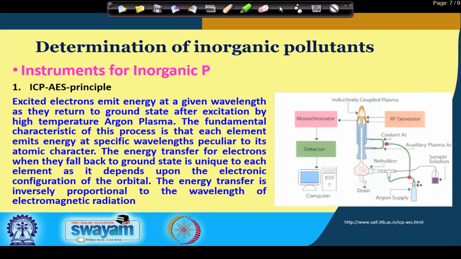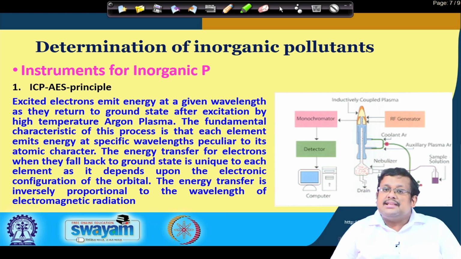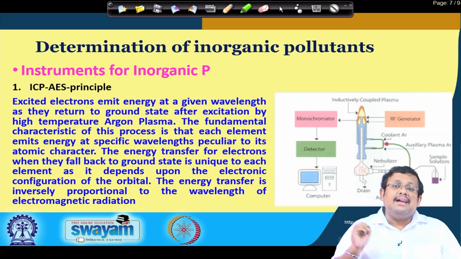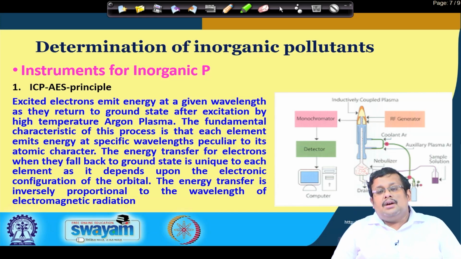So, the principle of ICP-AES basically depends on excited electrons. Now, when we excite the electrons of a compound or an element by some external source, in this case argon plasma,